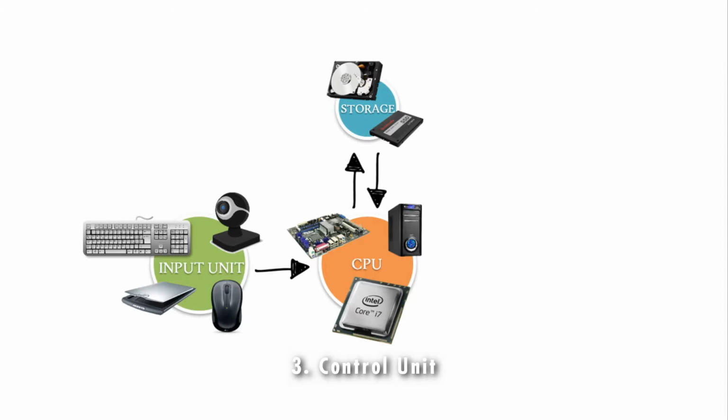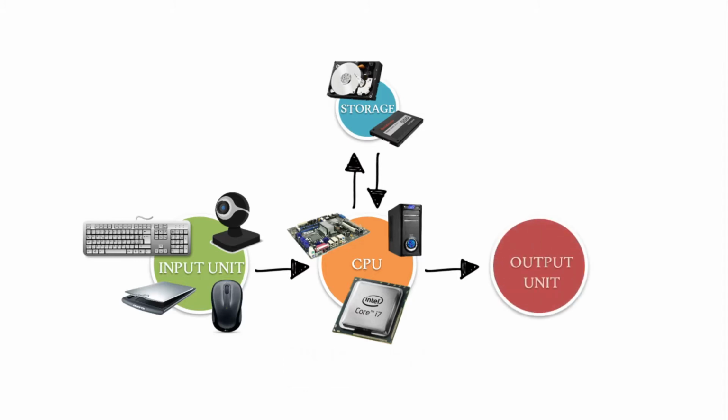This unit is the backbone of the computer. It is responsible for coordinating tasks between all components of a computer system. The control unit collects data from input units and sends it to processing units depending on its nature. Finally, it also transmits processed data to output units for users.